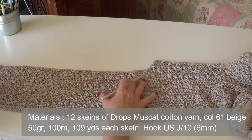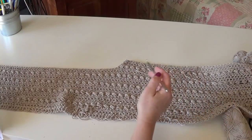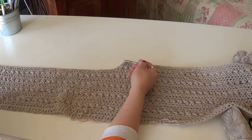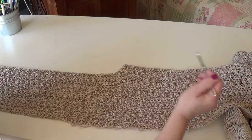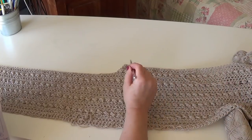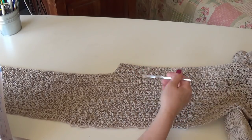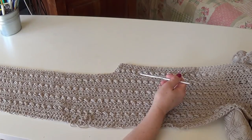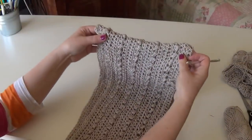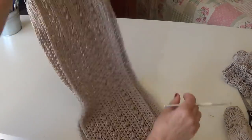One front side, till here we have a front side, we work all together, front and back, and half of the back. The front side is this, and for the back part, in the middle of the length we just come till here and then crochet back in order to create a sort of back neckline here and have a wider part in our back part. Then we fold. This is half the cardigan. We fold it here, which is the shoulder line, let's say,